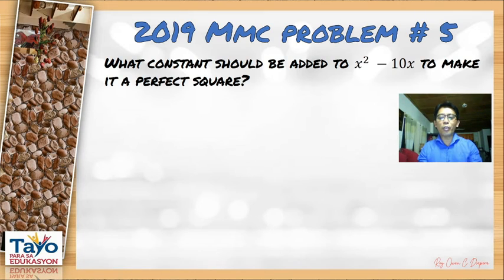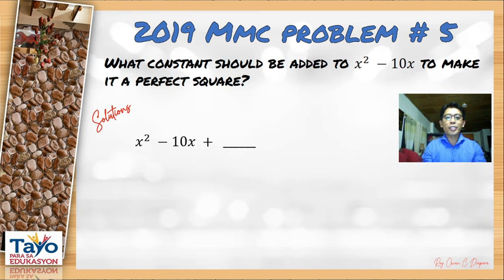So let us now solve problem number 5. You are asked for the constant. That constant refers to the third term. So x squared minus 10x plus the third term, constant. What constant are we referring to? So from our review section, to find the third term,